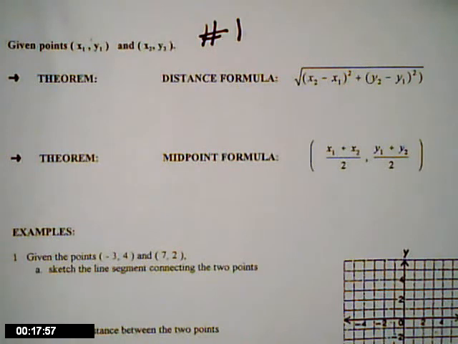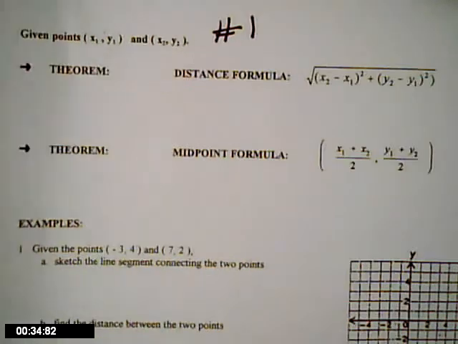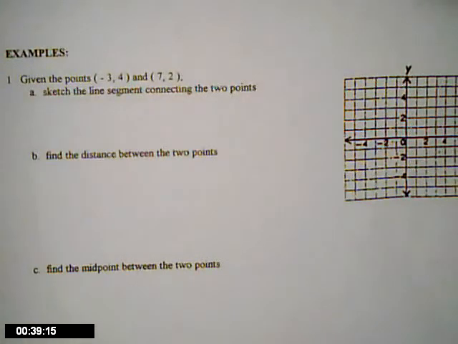The distance formula is the square root of x sub 2 minus x sub 1 squared plus y sub 2 minus y sub 1 squared. And the midpoint formula is x1 plus x2 divided by 2, y1 plus y2 divided by 2. Now we're going to see how these are used. They'll be easier. Problem number 1 says, given the points -3, 4, and 7, 2, in A we want to